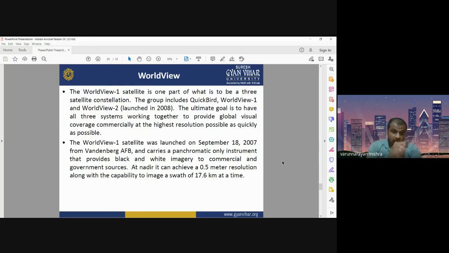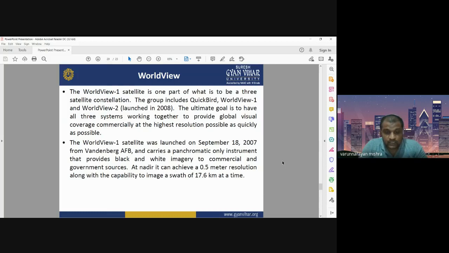It is important to note that QuickBird, WorldView 1 and WorldView 2, these three satellites, are a kind of constellation and they are launched to work together. This means they detect the same area on the earth with three different sensors mounted on the QuickBird satellite, the WorldView 1 satellite and the WorldView 2 satellite.